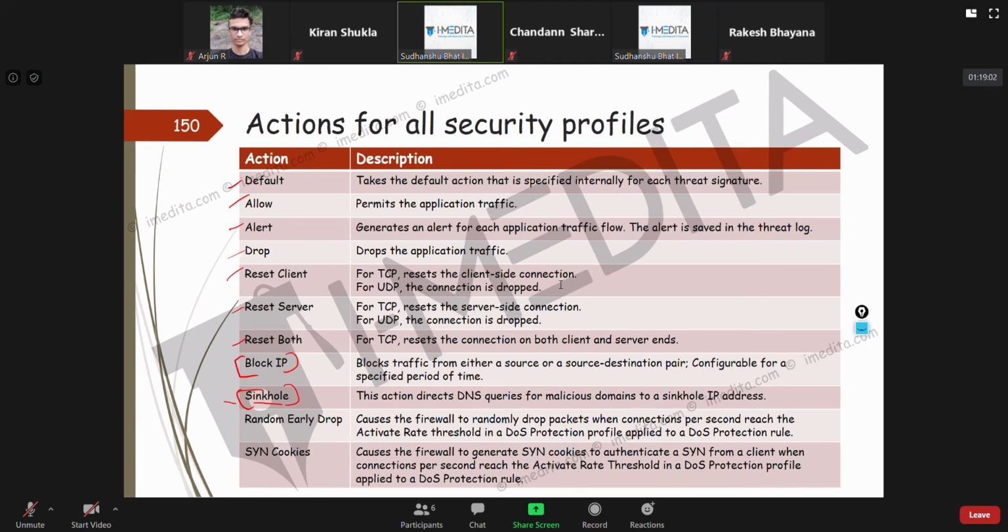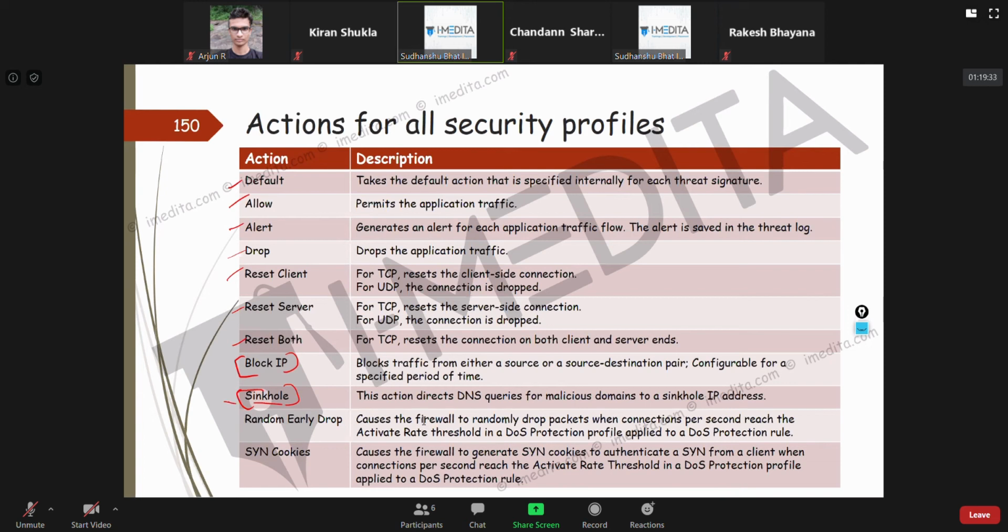When the firewall finds that somebody is trying to visit a malicious website, it replies to their DNS query with a Palo Alto loopback IP, so that when they generate traffic, Palo Alto can create a threat log for that. If it doesn't make sense right now, just leave it. We are going to discuss these in very detail.